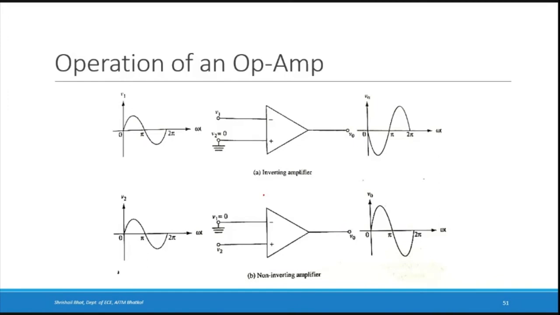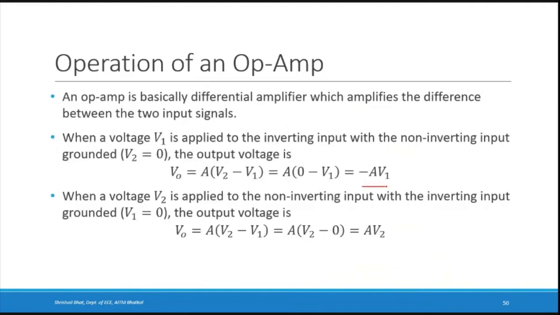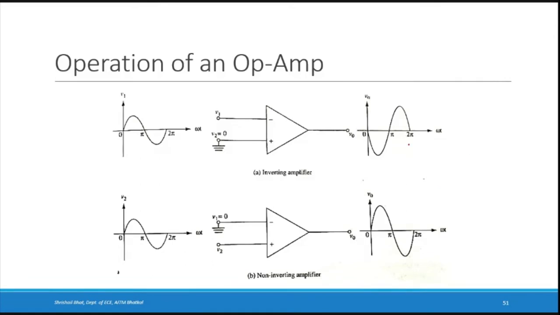So this is the circuit of an inverting amplifier. Whenever you connect the input to the inverting input terminal and ground the non-inverting input terminal, if this is the input, a sinusoidal wave of period 2 pi, then what you obtain at the output is minus A into V1, right? That is, it will be the negative of V1 with a certain gain. You can see there is a slight increase in the amplitude, and it is inverted. Whatever was a positive half cycle here has become negative, and here it has become positive. So this happens when you connect the input at the inverting input terminal and connect ground to the non-inverting input terminal.